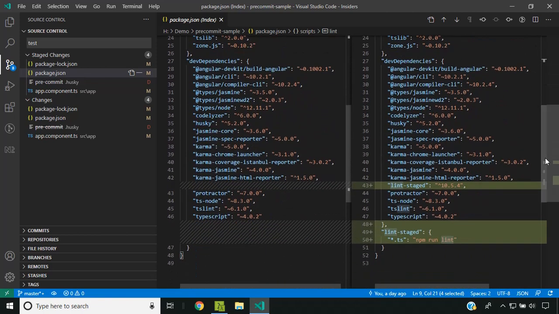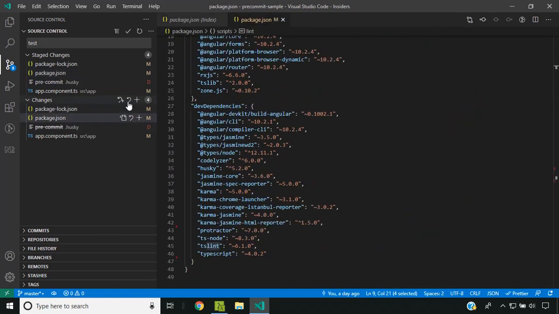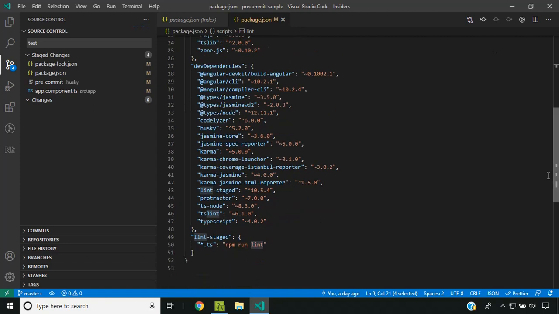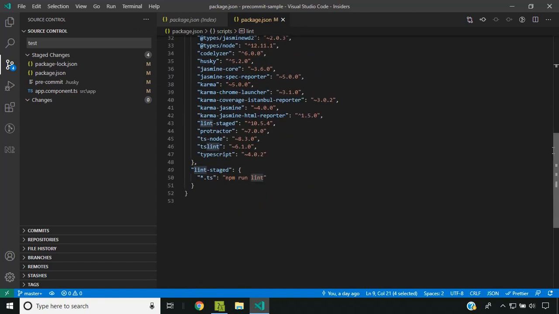So for this there is a workaround. You can install either a third-party library called ng-lint-staged, which will internally handle the incompatibility, or you can directly use tslint itself. So in my scenario, I am going to use tslint. So let me go to the package.json and I am modifying the command as tslint, and I need to provide the project configuration. So that is the tsconfig,